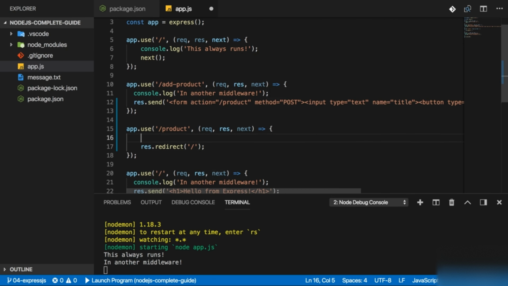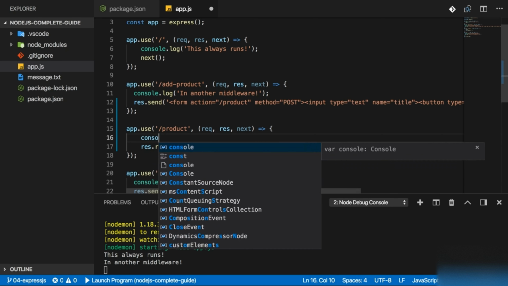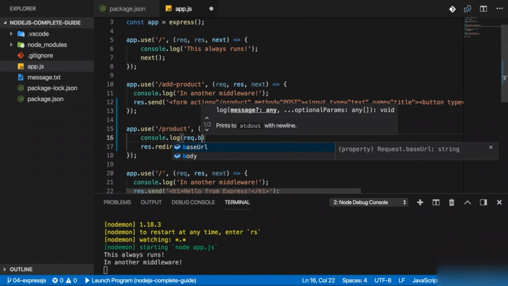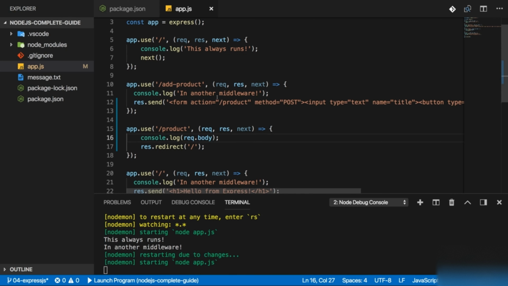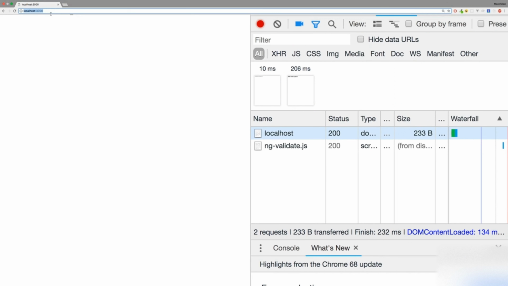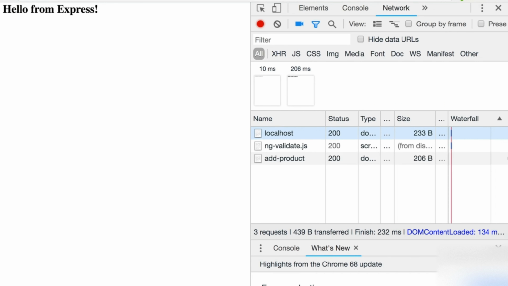But of course, this is not the only thing. I'm also interested in getting the body of my incoming request, so extracting what the user sent me. And for this, Express.js now has a convenience feature for us. If I console log request.body here, this is a new field added by Express, and let's see what's in there. So if I now save this, we should be able to go back to /add-product